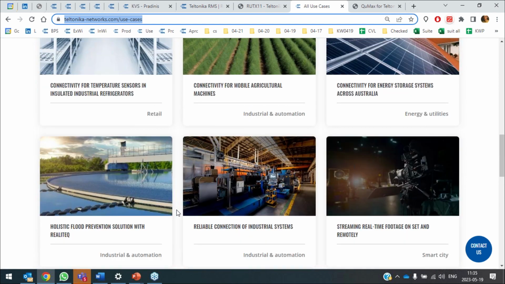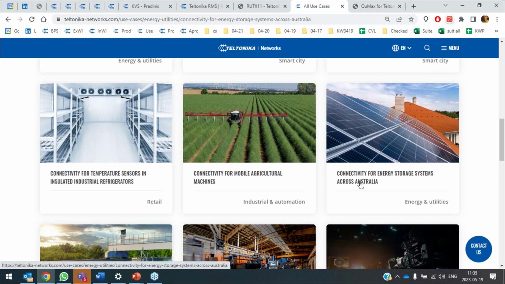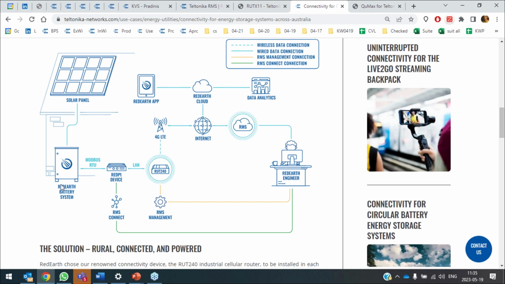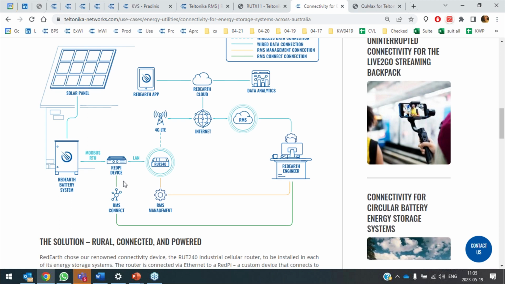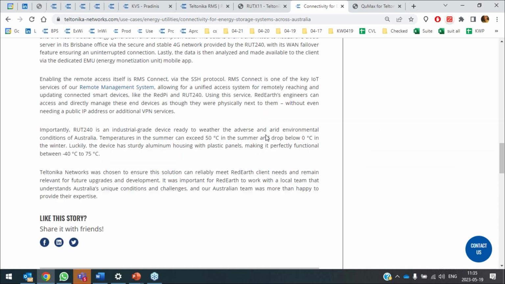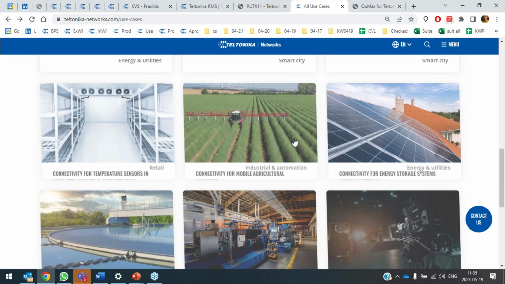on the cloud side. Then talking about the use cases, let's look at our use case website. So here on our main website, we have more use cases than I gave you in our presentation. I gave you just an idea where you can use our routers, but here it is much more detailed. I don't want to go through all of them, but if you want to wander around and see, maybe you will find a solution that you work on,